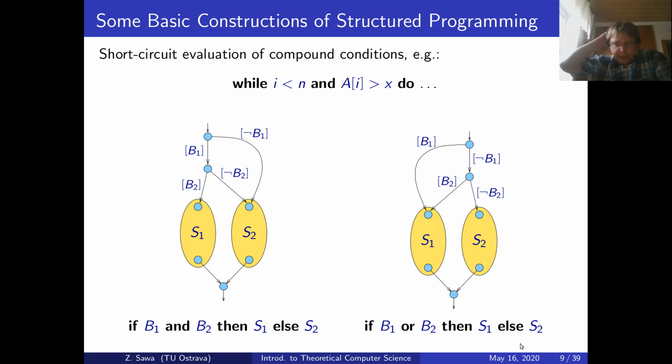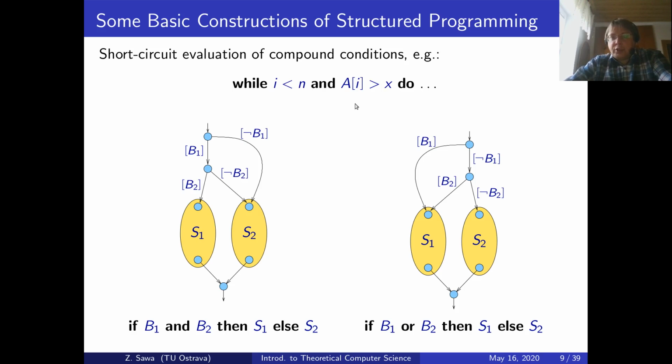There may be a question whether this difference is important. Whether it would not be the same as just having a state where we would have two transitions, one to S1 and another to S2, where one transition would be labeled with the condition B1 and B2, and the second one the negation of this conjunction. Yeah? So not (B1 and B2). And similarly for OR, it could make a difference